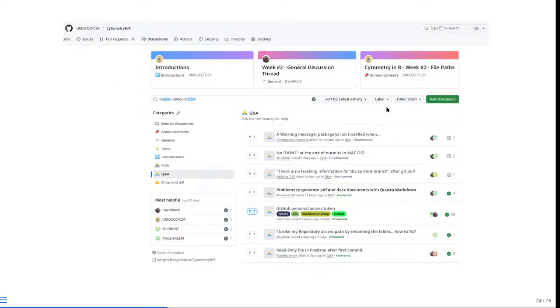You can try filtering by label to see if you're able to find a similar question, which you can jump on at that point in time. Or if you just want to jump straight to it, you can get rid of this portion of suggestions, which are kind of filtering what you see here, and just enter what you're trying to look up. Let's say you're looking up how to use Quarto. You could enter Quarto within the search bar, hit enter, and then that will filter for some of the options